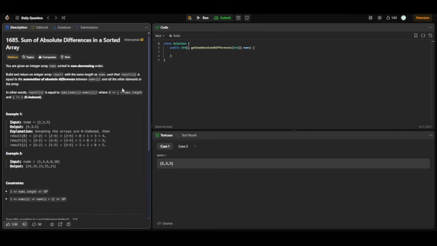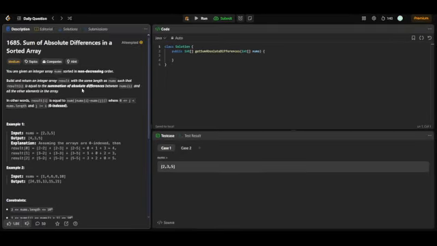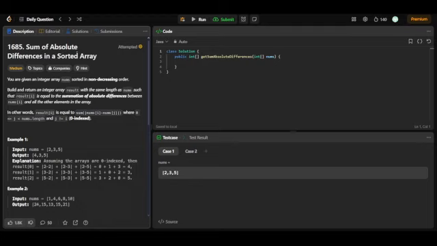Okay, so hello people. So today we'll be solving LeetCode daily question 1685, that is Sum of Absolute Differences in a Sorted Array. In this we'll be given an integer array nums which is sorted in increasing order, and we have to build and return the integer array result which should be of the same length as nums,